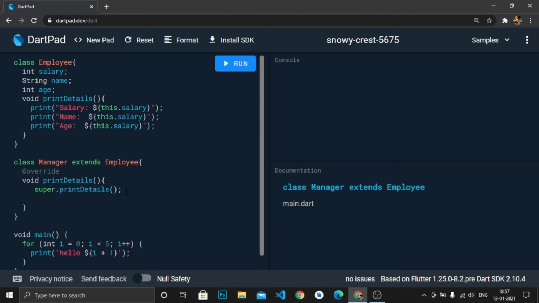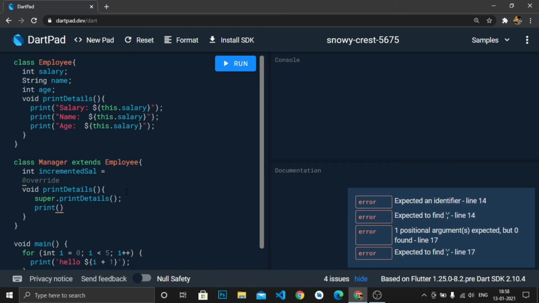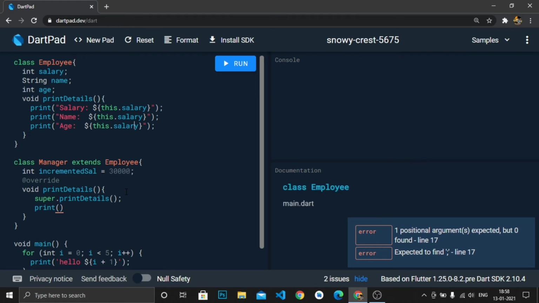For that, we have to create the incremented salary variable. Okay, let's make it a default value of 30,000 just for our reference, and the salary of a common employee is 10,000.